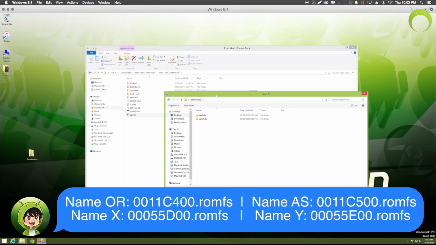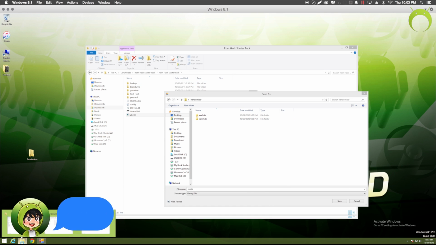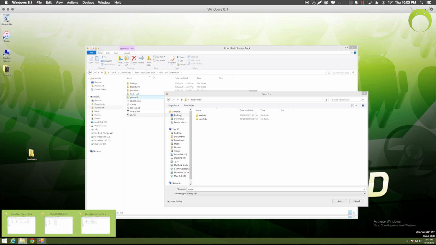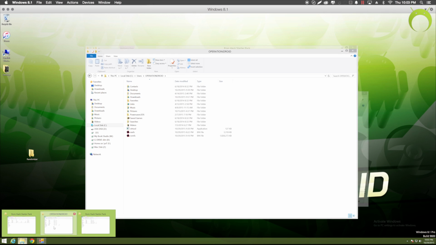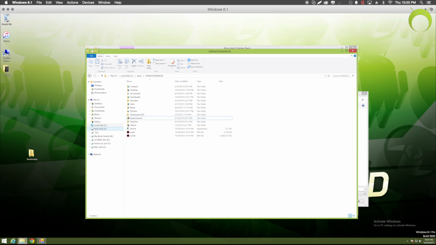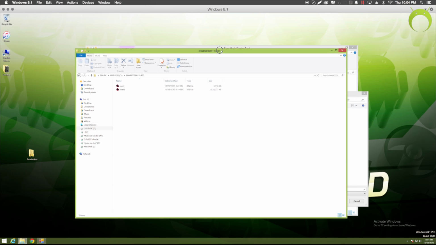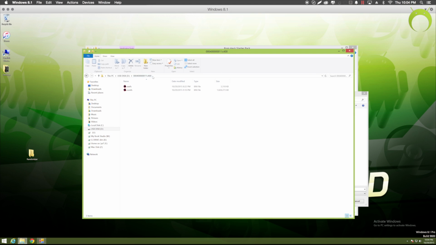So you're going to go into your SD card, and then that folder that was newly added onto your SD card after we dumped the game into it with BrainDump. Remember that it was random letters and numbers. You want to take the last 8 digits of that folder, and that is what you want to name your randomizer. This is extremely crucial because if you do not name it exactly right, this will not work. So make sure you name it those last 8 digits.